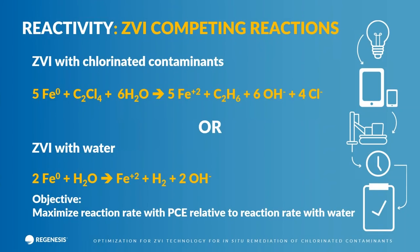So let's talk about some other reactions that occur in the subsurface. Sorry if this seems like chemistry class, but sometimes it's unavoidable to have these formulas up here. This top equation that starts with 5-FeO, which stands for zero valent iron, is a balanced chemical reaction for iron with carbon